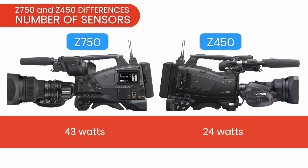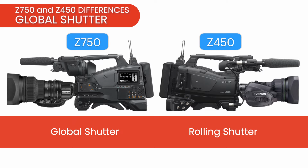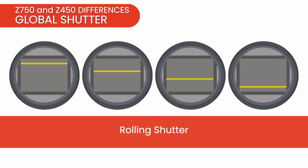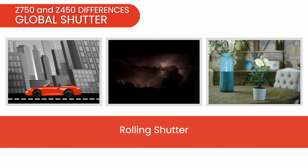Obviously, it's the sensors that account for the biggest power draw in a camera. Only the Z750 has a global shutter. Most CMOS sensors use a rolling shutter that scans through the photosites line by line from top to bottom. Now that line-by-line scanning can result in the appearance of unwanted artifacts, such as skewed vertical lines in scenes with